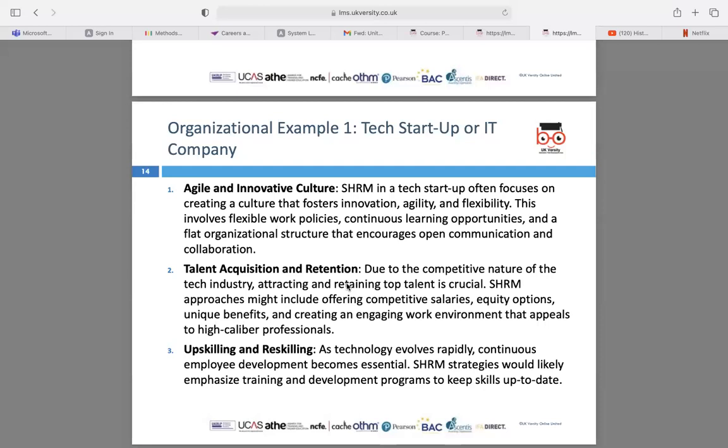So this would mean that there are different strategic human resource strategies that we're putting in place, where it comes to having competitive salaries, equal opportunities, and an engaging work environment, so that all of the talent in the business is the top talent. That's going to make a very big difference, especially in this emerging tech world. And as a tech company, you're continuously upskilling and reskilling your associates as well. So you need to come up with different HR strategies for training and development of your associates.